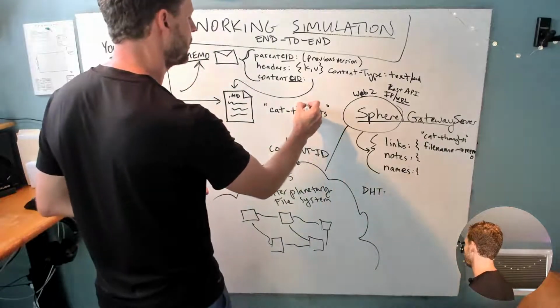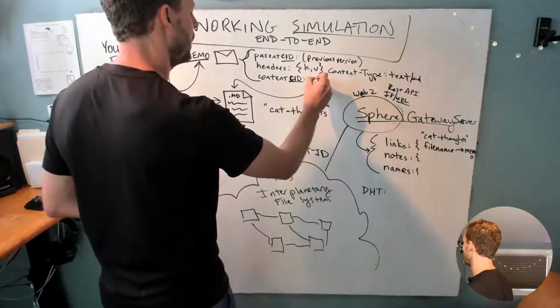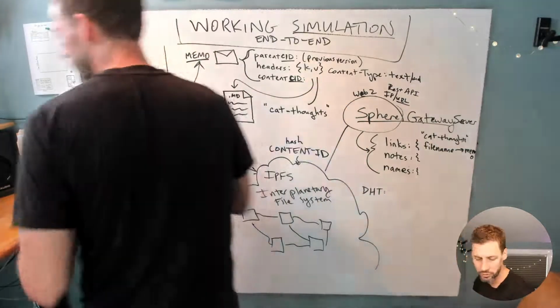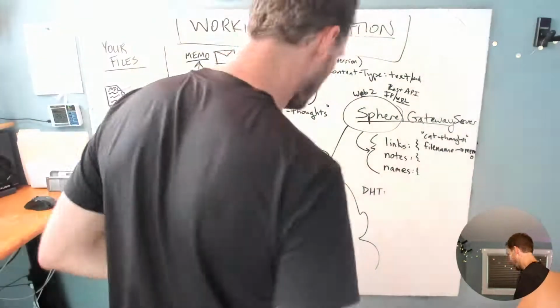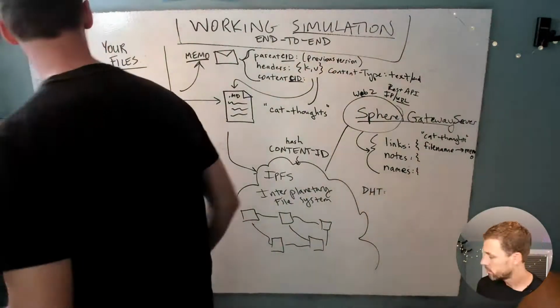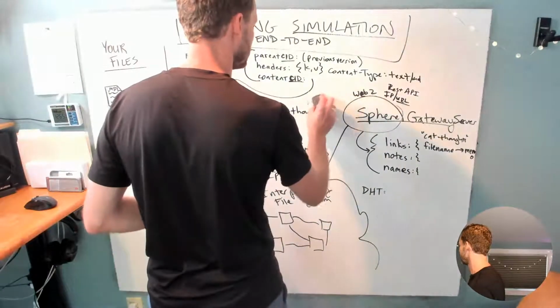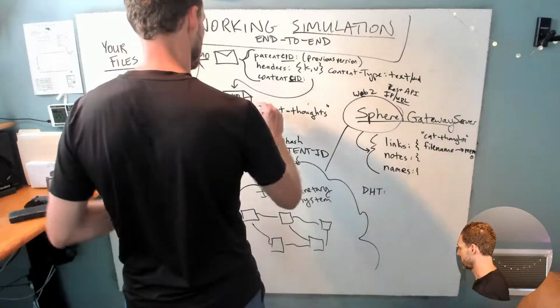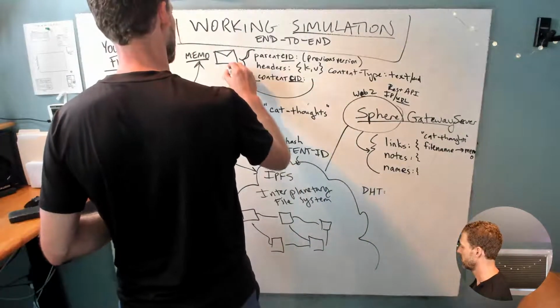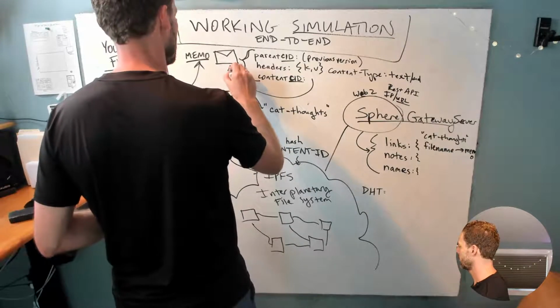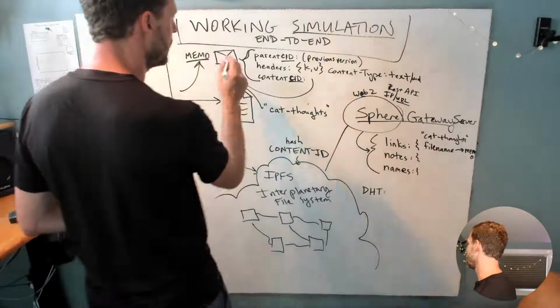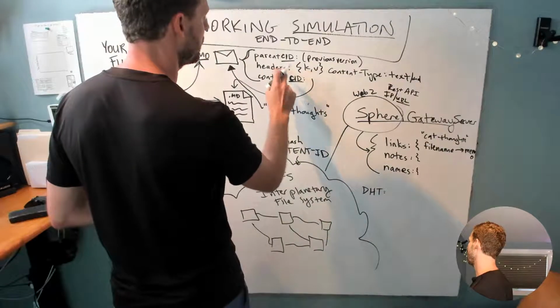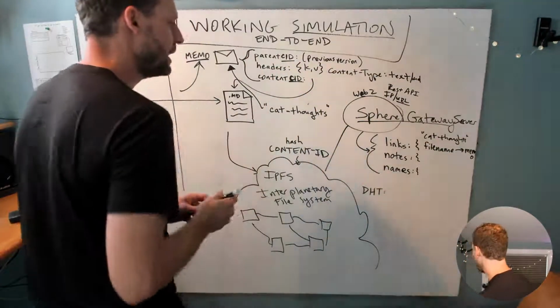So I can go to cat thoughts, which is then going to give me, actually, let's draw this arrow over to the memo that it points to. All right, so cat thoughts will give me this memo, which will then give me the parent CID, the headers, and the content CID. And what that allows you to do,